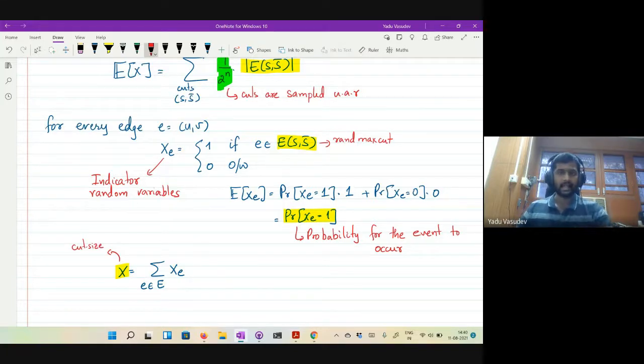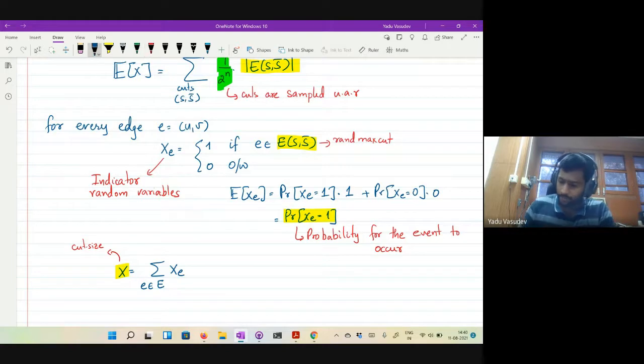The edges that are in the cut will add 1 to the sum, others will add 0. So finally what you have is the cut size. Now you have expressed x in a much simpler way, as a sum of simpler indicator random variables.